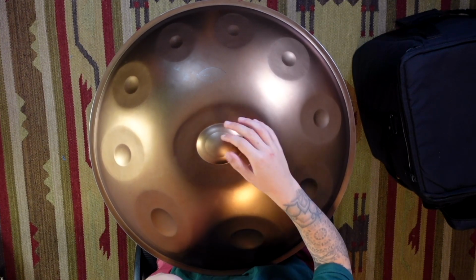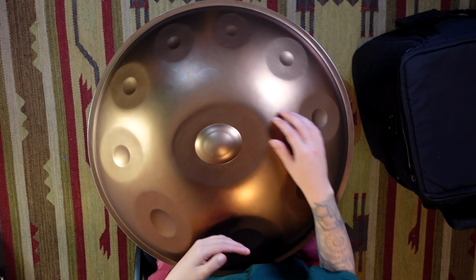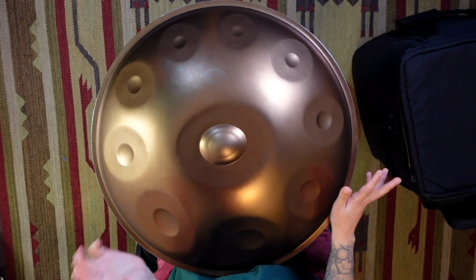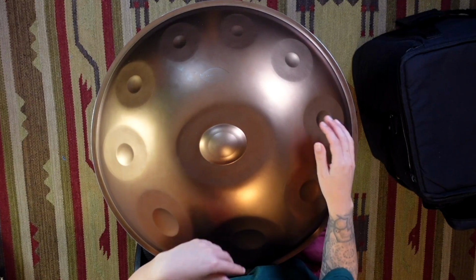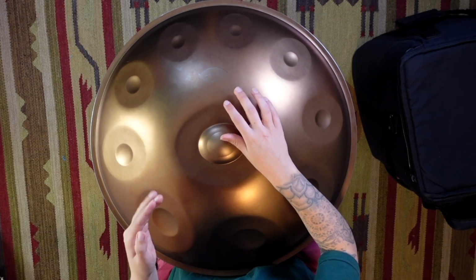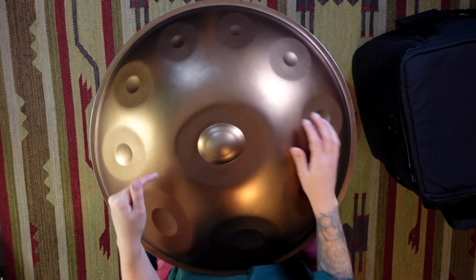So, let's count together. 1, 2, 3, 4. 1, 2, 3. Let's add the ands in between. 1 and 2 and 3 and 4 and 1 and 2 and 3. What if we acknowledge more beats? 1 E and a 2 E and a 3 E and a 4 E and a 1 E and a 2 E and a 3 E and a 4 E and a. 3 different ways to count exactly the same